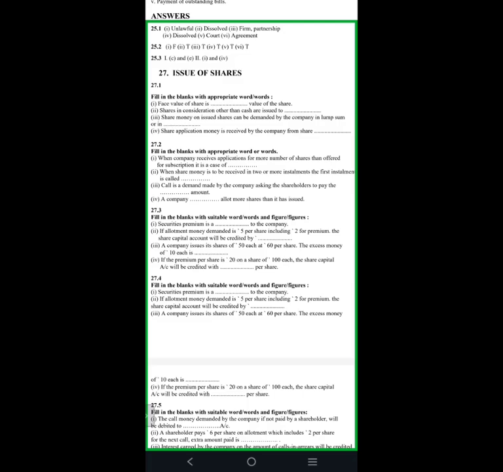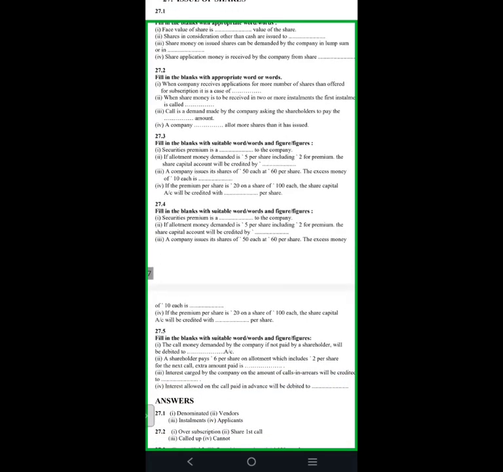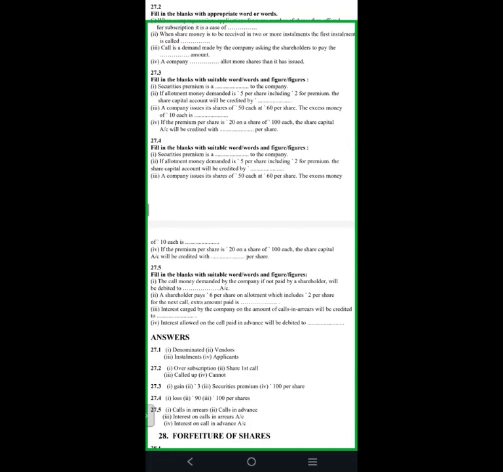A company cannot allot more shares than it has issued. Fill in the blanks with the suitable word or words and figure or figures. Securities premium is a gain to the company. If allotment money demanded is 5 per share, including 2 for premium, the share capital account will be credited by